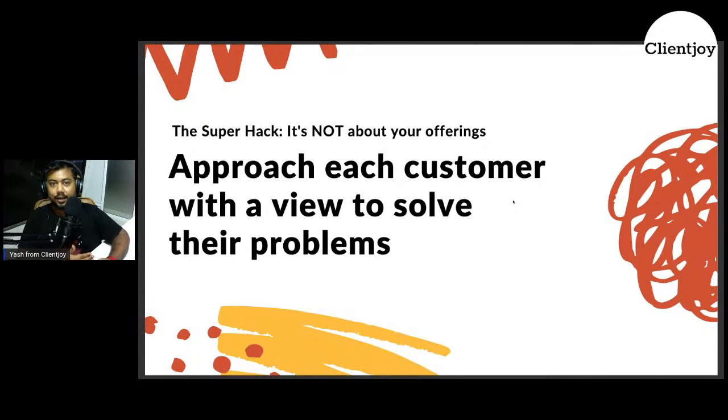So your website, your pitch deck, all of your assets, anything and everything that you do has to revolve around the customer's problems, right? Even as of now, if you head over to clientjoy.io, we don't say that we are a client lifecycle management software for agencies or freelancers. That's what we are, but we don't say that. We say that we help you serve your clients like a Fortune 500 agency.